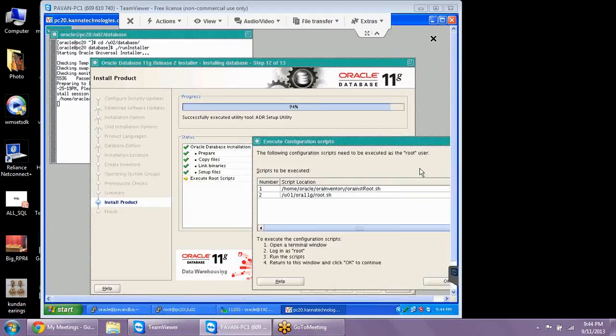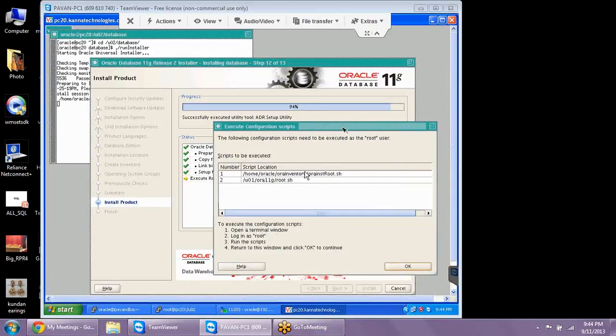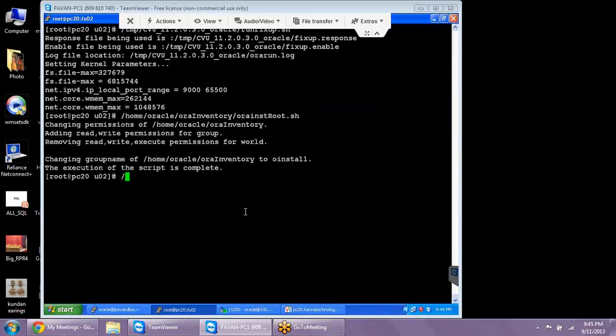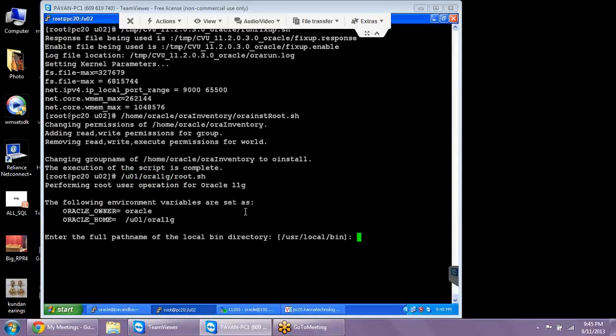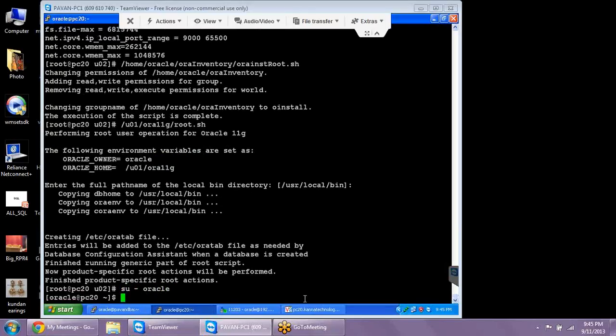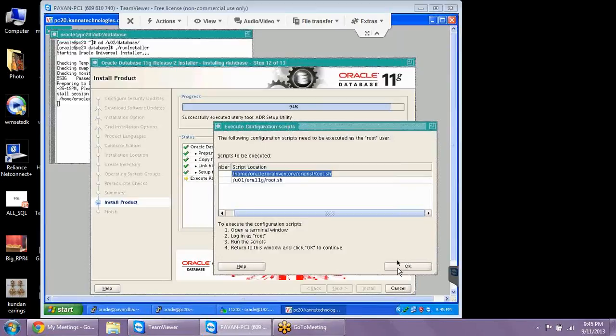So let us continue. We stopped at the point where the 11G installation is proceeding. Now the installation is complete and it is asking to execute the two scripts which we commonly do. The second one is U01/app/oracle/product/11G root.sh. Done. So now that our 11G installation got completed,